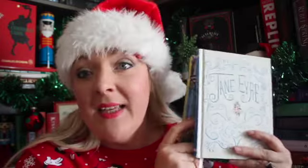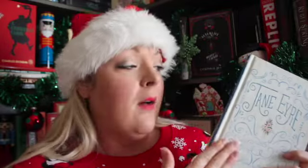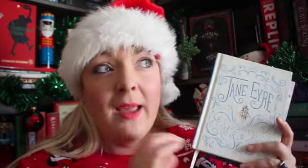Next up is a bookish notebook or book journal. These are not available anymore, but this is just to give you an idea. This is a Jane Eyre and then an Art of Travel, which I'm not sure if that's a book, that I got at Anthropologie. They're just empty notebooks. I use them to keep track of my book journaling, but you can find all different ones that have different book covers and titles on them. I think I have The Secret Garden as well. I'll try to find you a dupe